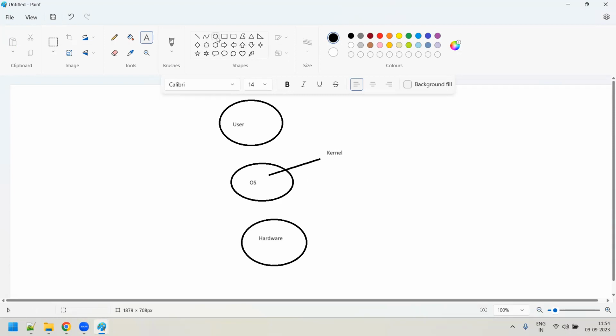So 95% of the code of the operating system is nothing but the kernel, and 5% of the operating system is assembly language, which we also call a HAL.